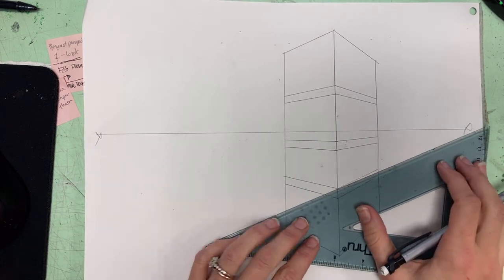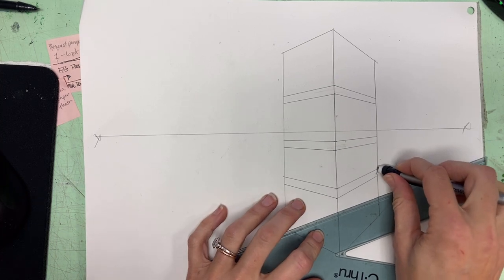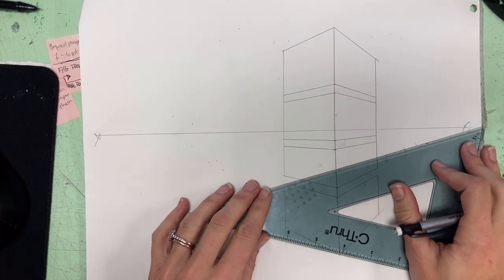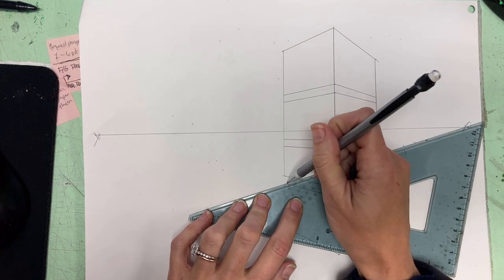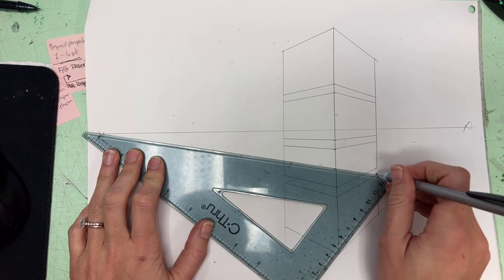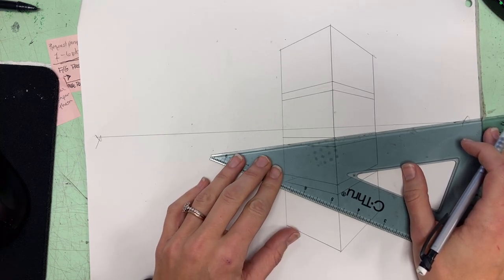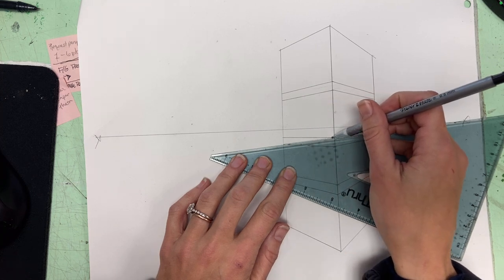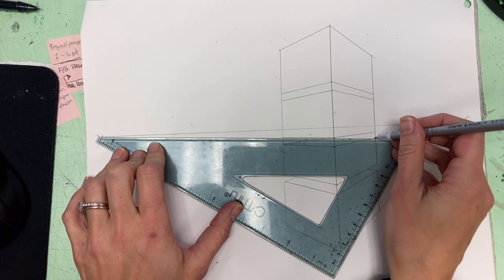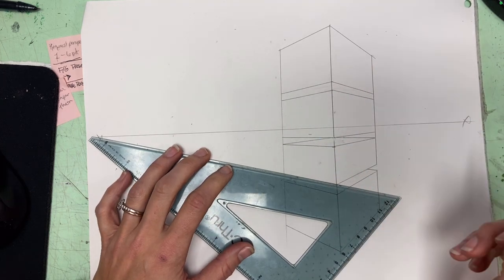So we need to understand that because we need to finish certain boxes, the ones that are going to disappear behind the other one. So if I erase this, I've got this kind of unfinished shape. And to finish it, I need to draw the corner of this square back until I disappear behind that box. And back until I disappear behind that box. Same thing here, but I'm getting closer to the horizon line, so the angle is going to be quite different. This is going to disappear just kind of a little awkwardly, but like right behind it,